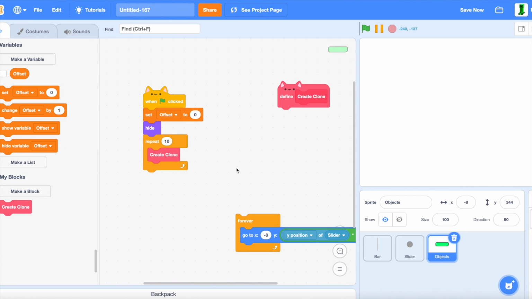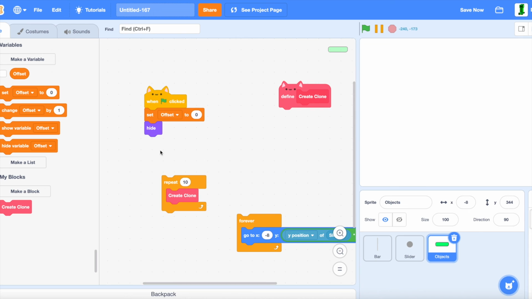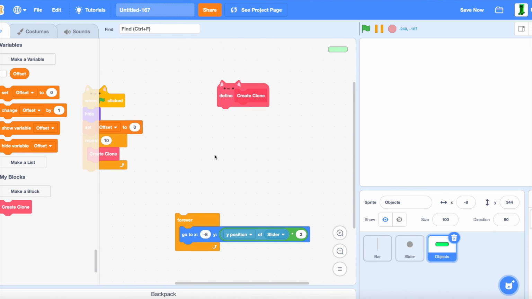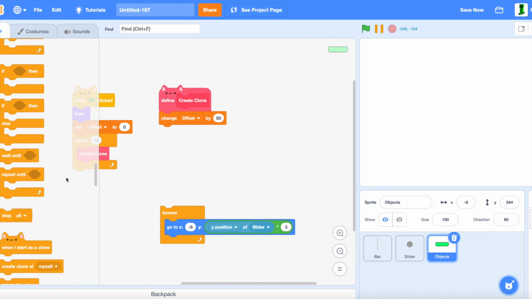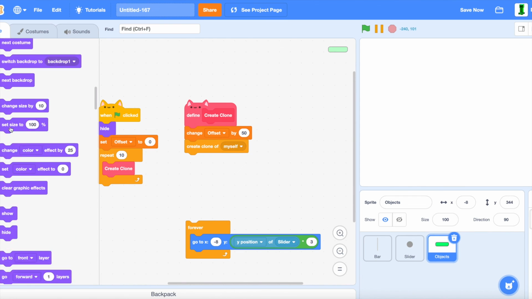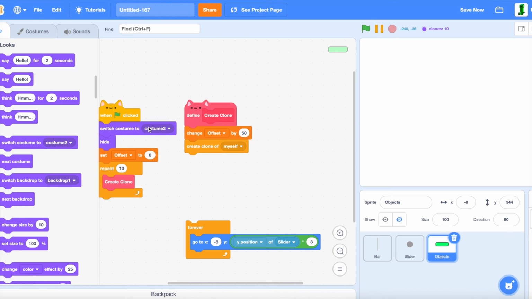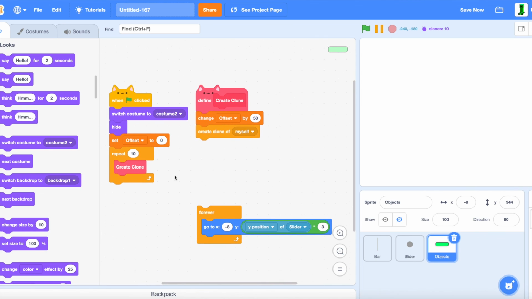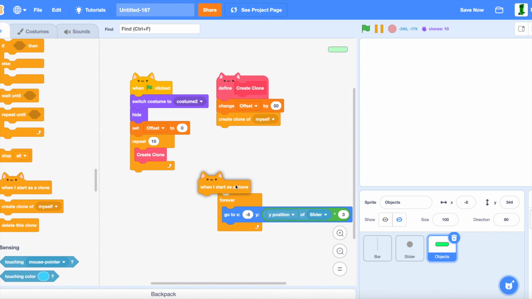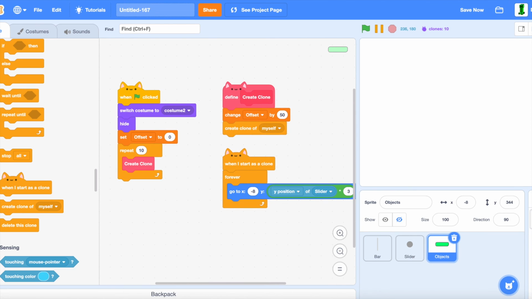Now, when we do this, now in here, we do change offset by 50. And then create a clone of myself. And switch costume to costume 2, which is the box. Then, when I start as a clone, it would do this. Now if you start and scroll down,